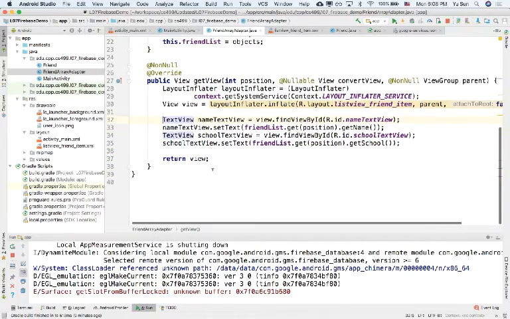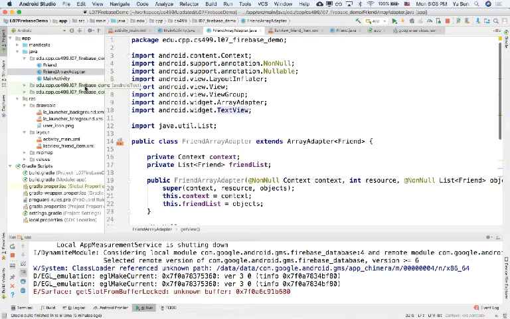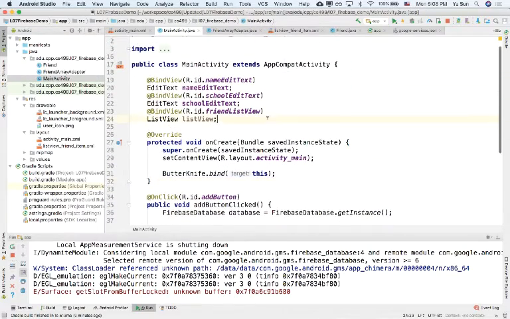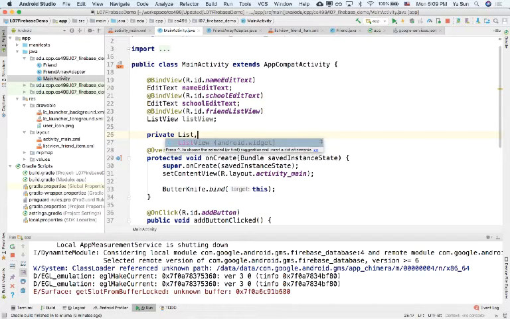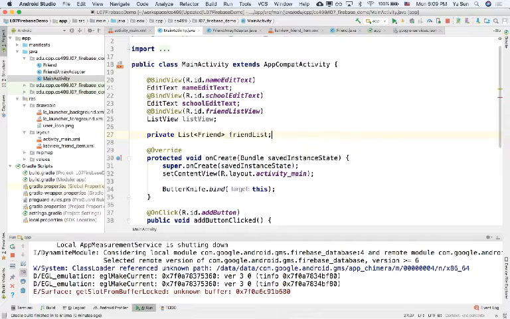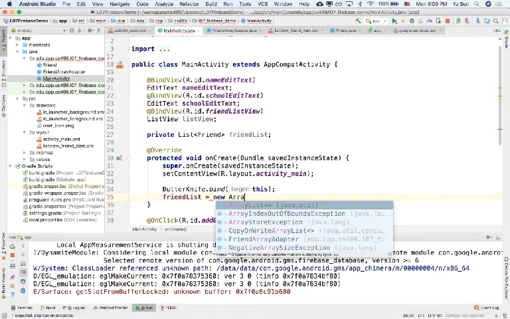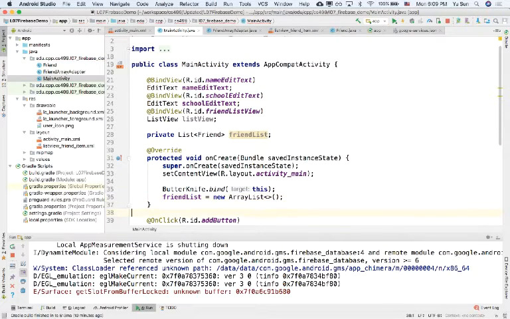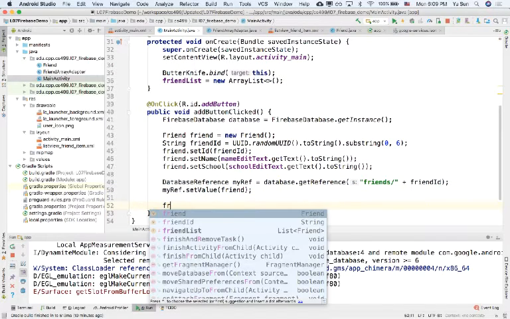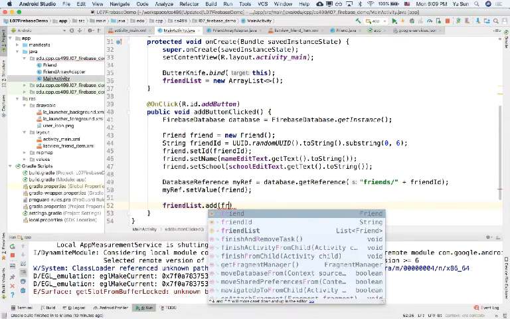All right. So come back to my main activity. Normally, we will create a list. So private list friends. All right. And then once the program starts, I'm going to create a new array list to store all my friend list. So each time, once I add it to my database, I also want to add it to my friend list. Getting another friend,